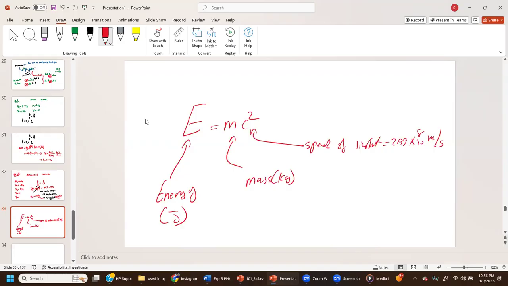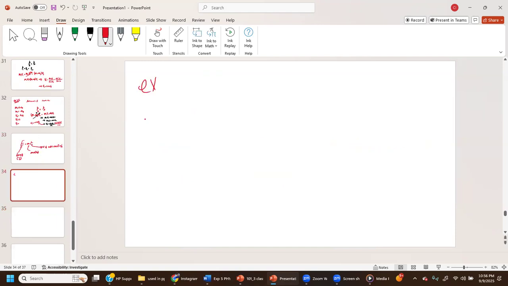So let's do an example. Let's say you have a person with a mass of 250 pounds. What is the energy? All right. Well, first of all, we have 250 pounds that would need to be converted